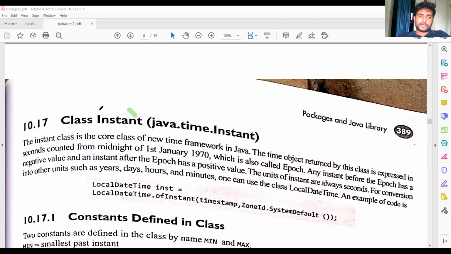This is a very important class in the time package. If you are familiar with the Instant class, you can perform any operations with it. So let us check what methods are available in the Instant class.